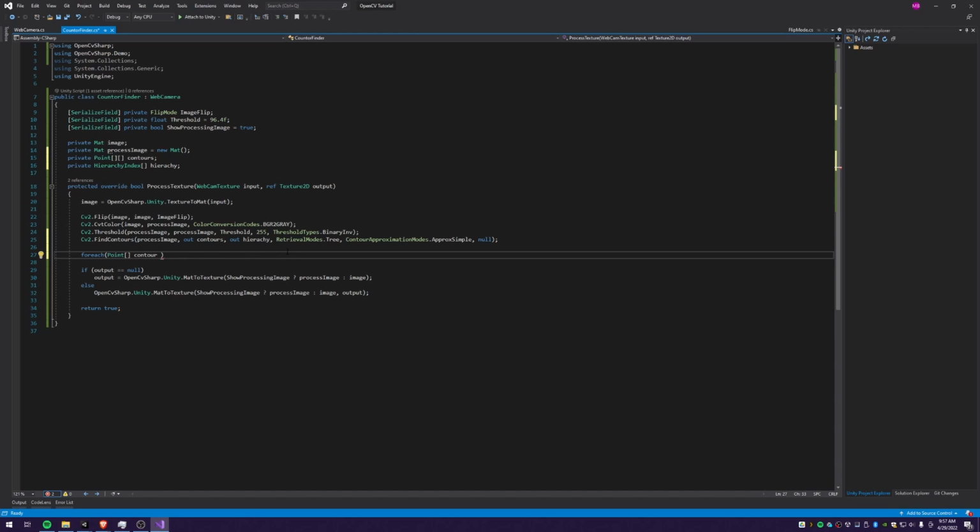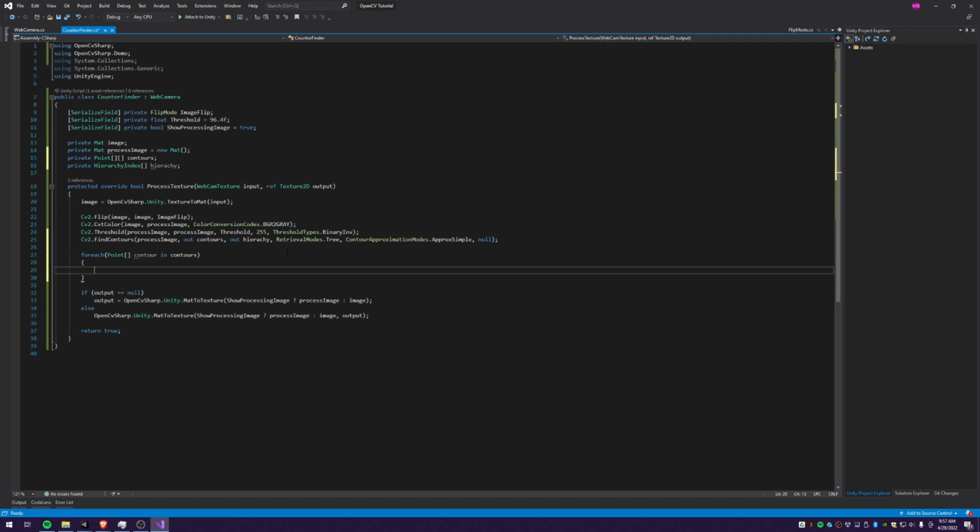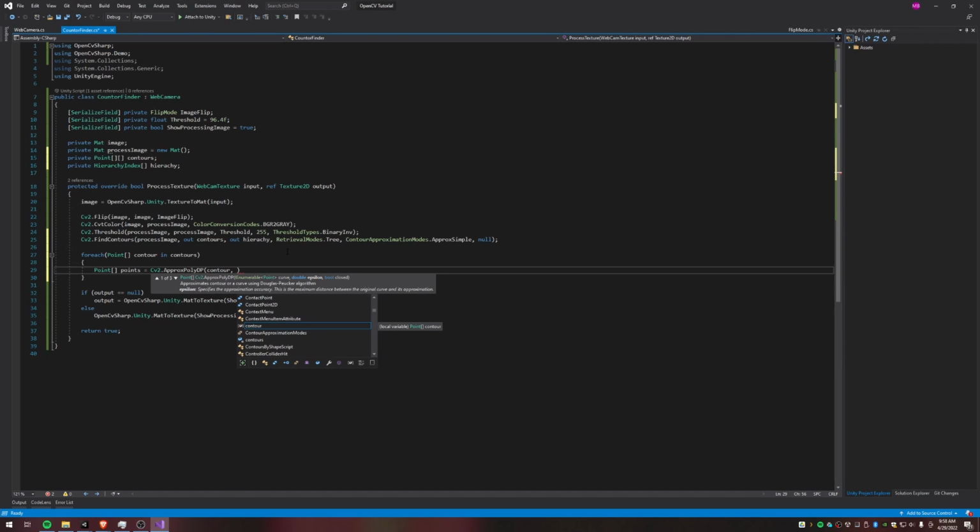So we're going to say for each contour in contours, and we're going to use another approximation function. We're going to say Point array, and say points. We're going to use this function called approxPolyDP, and we'll give it the contour that we're looping over here, and